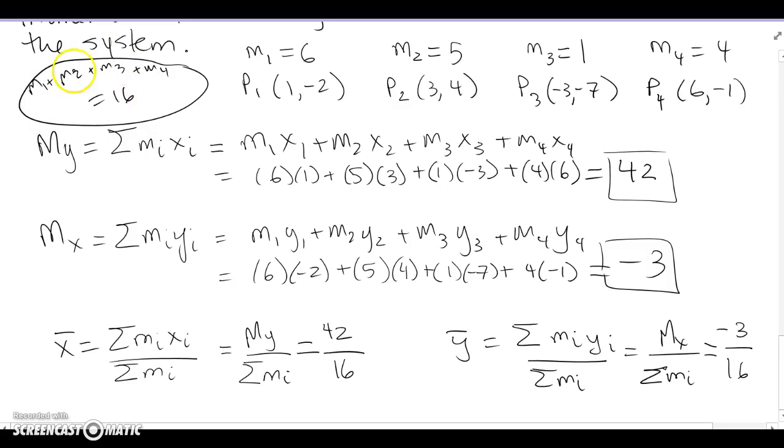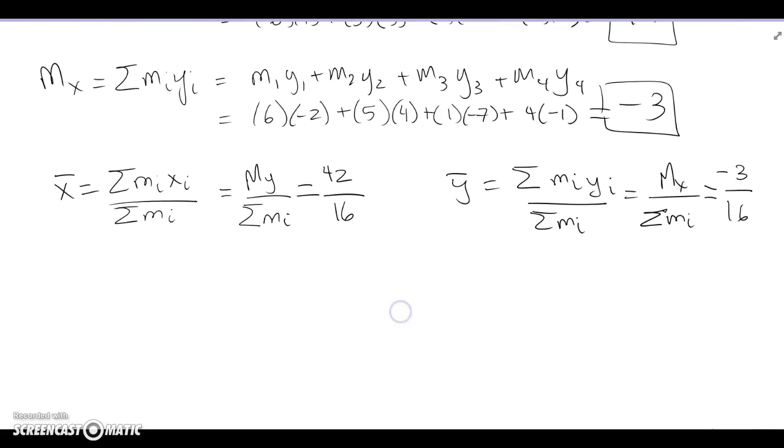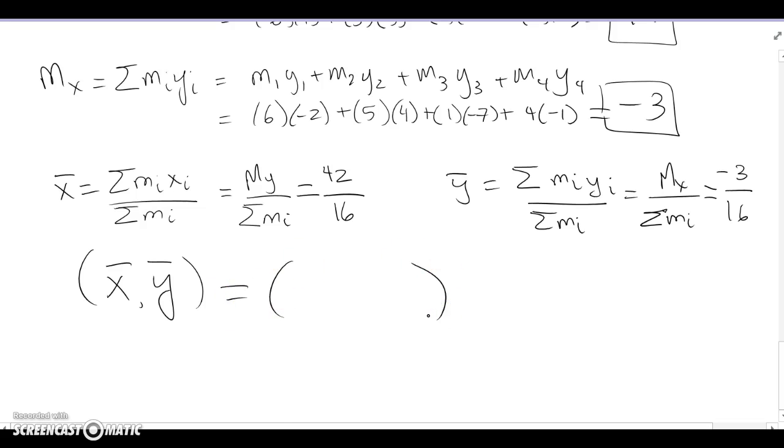So make a side note of the whole mass of the system so that you can find it when you're finding the center of mass. So we end up with the location where this system is going to balance being at 21 over 8, it looks like, and -3